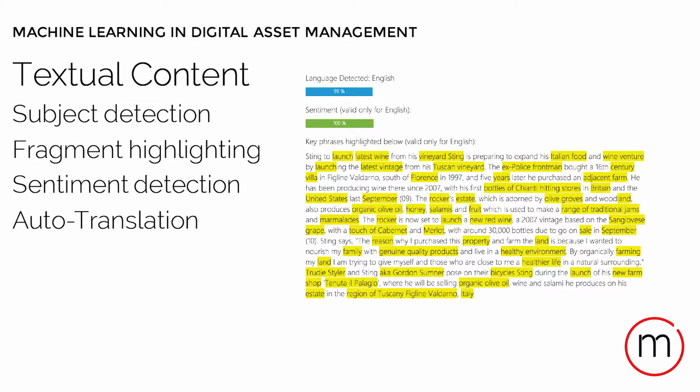You know, in a digital asset management system, there's not just images, there's also text. So can we also apply machine learning algorithms on text? Yes, if we feed it a PDF, it can do subject detection. What's this 20-page PDF about in one paragraph? It can do highlighting. It can do sentiment detection on tweets, for example. Is this a nasty tweet or is this a happy tweet? And it can do, and we've all tried that, auto-translation. If you tried Google Translate or anything else, you've seen that it has become better over the years.